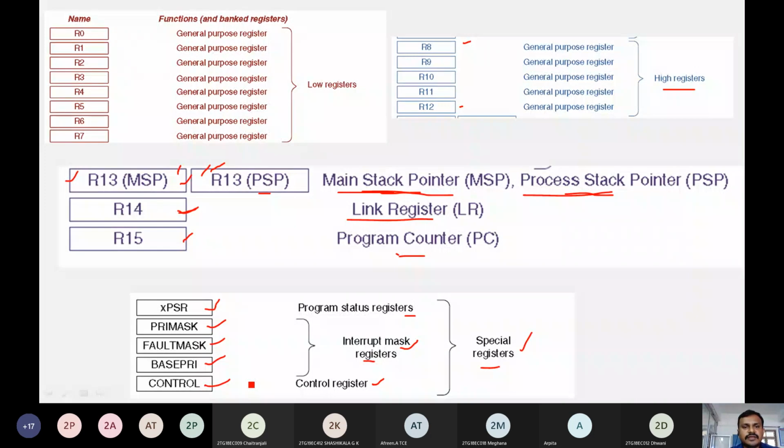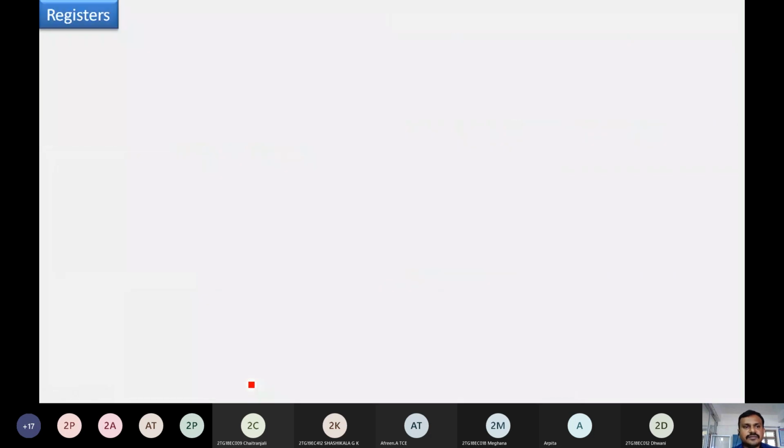Let us begin with a brief introduction about these registers and how they are used in programming the ARM Cortex M3 processor.